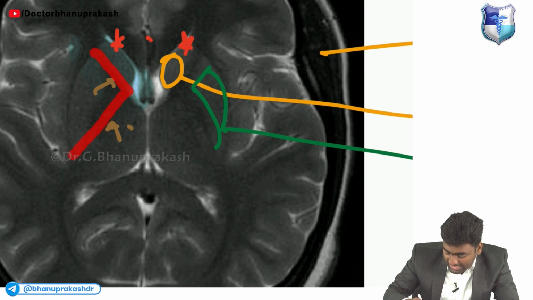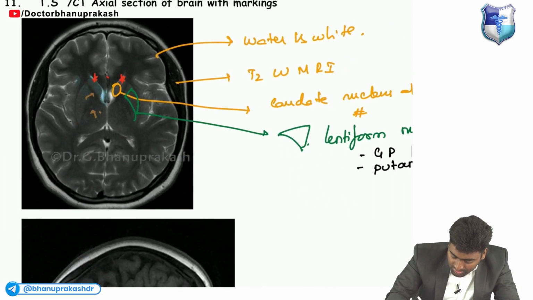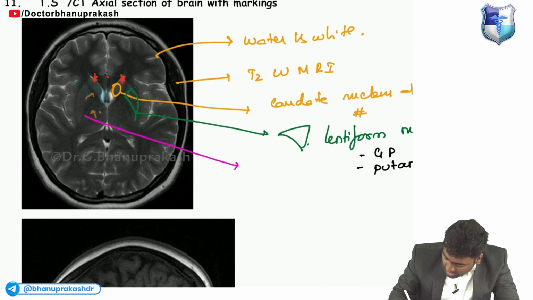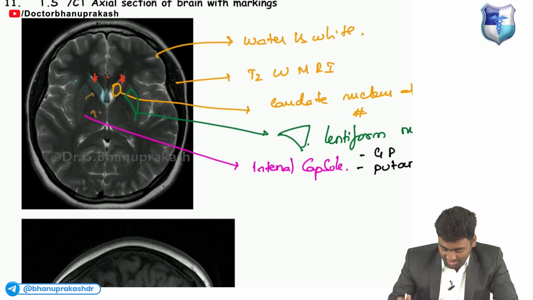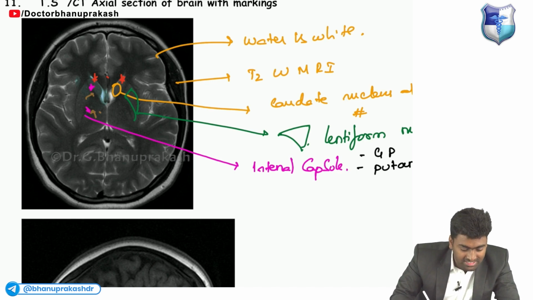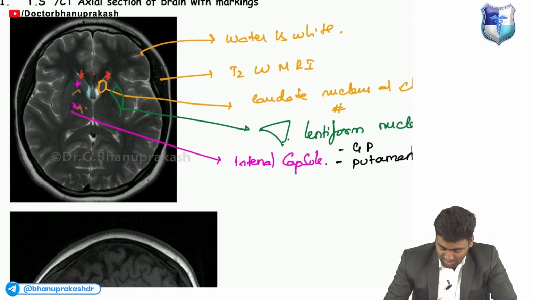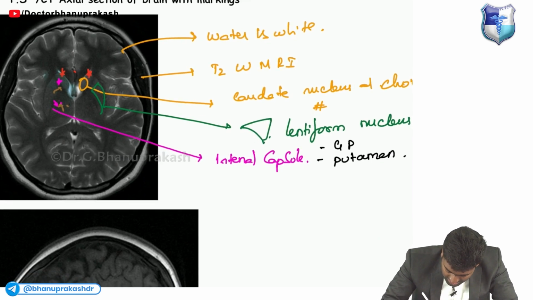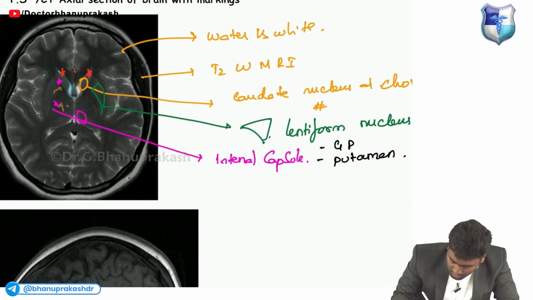This is the internal capsule. There will be two limbs: the anterior limb and the posterior limb. This is the anterior limb of the internal capsule and this is the posterior limb of the internal capsule. Fine. And around this third ventricle, you will be able to see one more nucleus, which is known